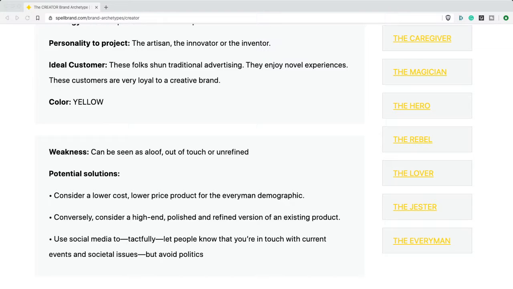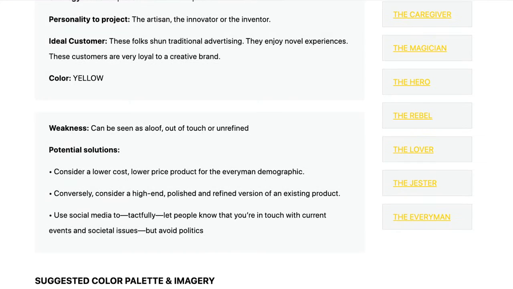Now, one of the weaknesses of a creator could be that they can be seen as being aloof, out of touch, or unrefined. And the potential solution to that is, if you have higher-end services or products, then consider a lower-cost or lower-price product, and see if that balances the equation. Or you could consider a high-end, polished, and refined version of your existing product if it's lower cost. So use social media to tactfully let people know that you're in touch with current events and societal issues, but